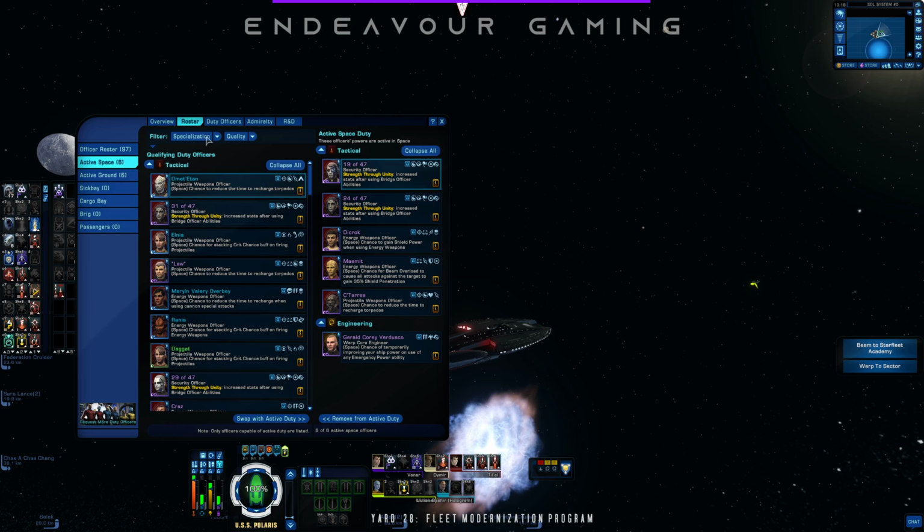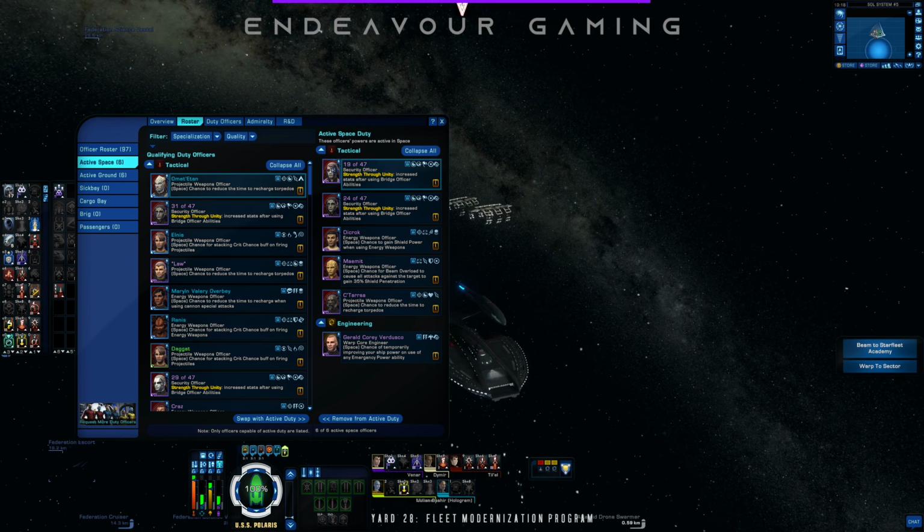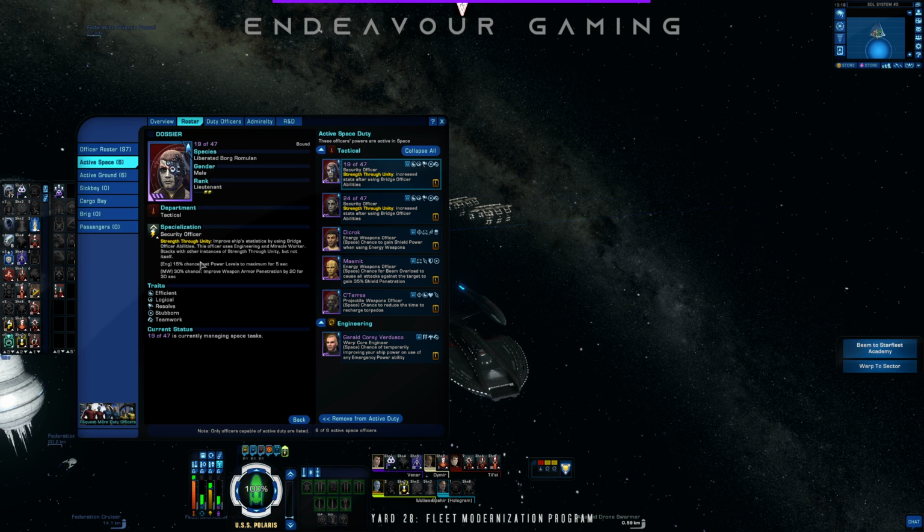Let's finish this up here by looking at our doffs. We've got a couple of bridge officers here. We've got 19 of 47, so a 15% chance on Engineering of setting power levels to maximum for 5 seconds, and when I activate one of my 2 Miracle Worker abilities, I can get weapon armor penetration. 24 is very similar, except now it's on Tactical and Miracle Worker, and it's doing power levels and critical chance,